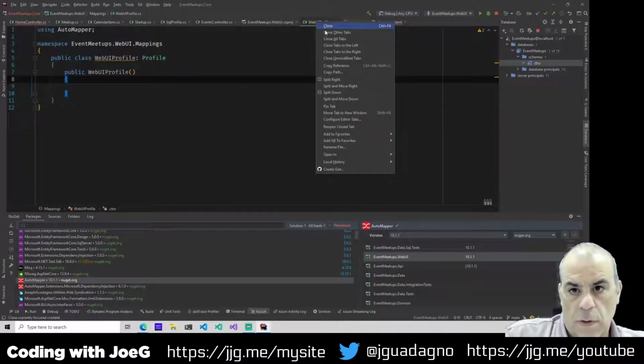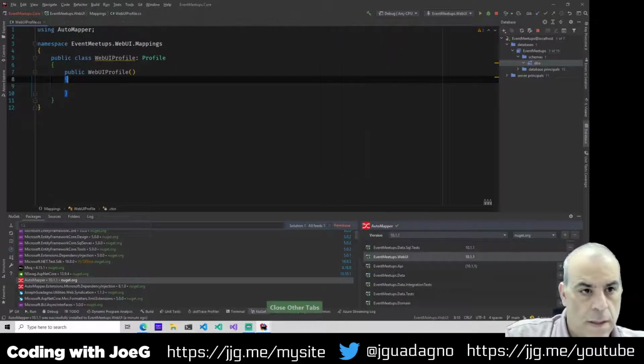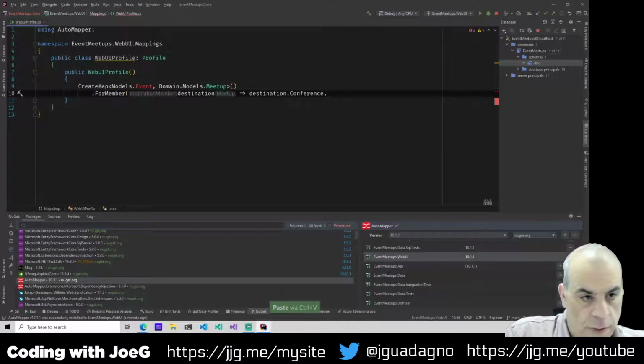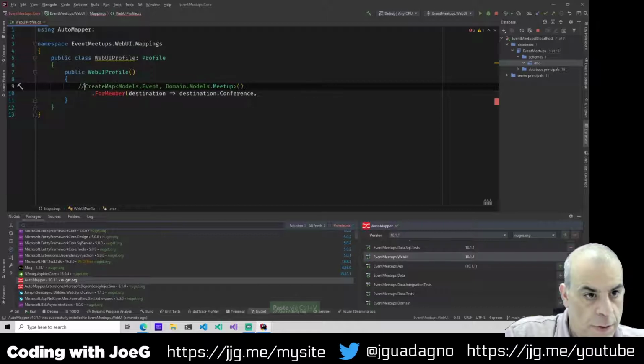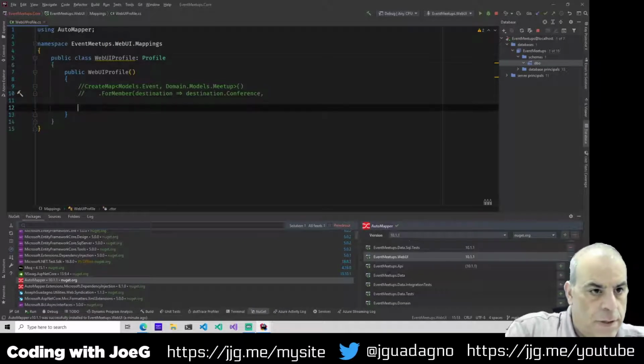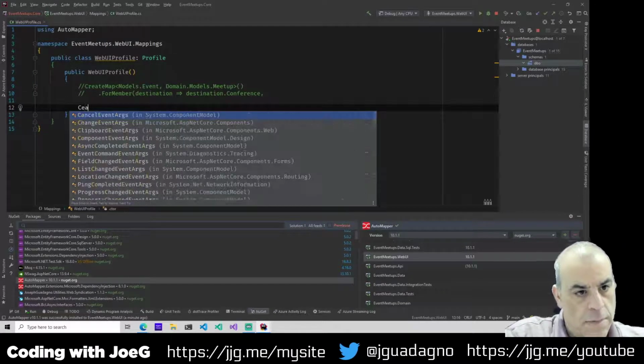I'll close all other tabs for now because I need them next to each other so I can see, because we are going to compare the classes. Essentially what we want to do is create map